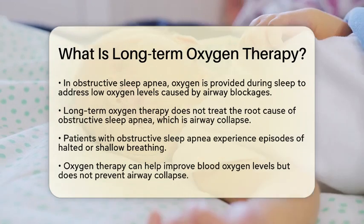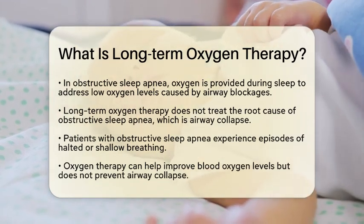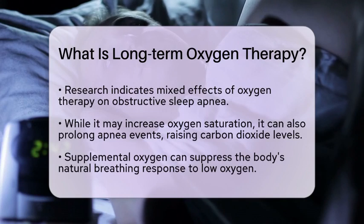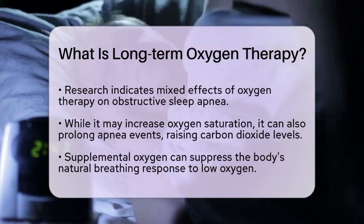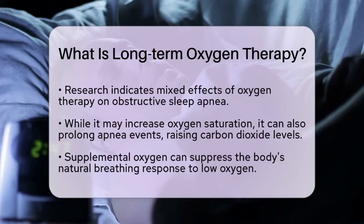Research shows that using oxygen therapy in obstructive sleep apnea can have mixed effects. It may improve oxygen saturation, but it can also prolong the duration of apnea events. This can lead to increased carbon dioxide levels and related complications. Supplemental oxygen can suppress the body's natural drive to breathe in response to low oxygen levels, allowing apneas to last